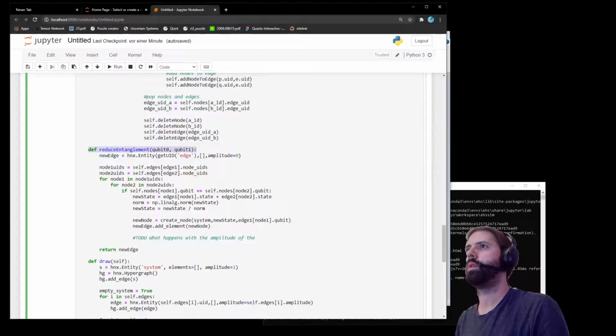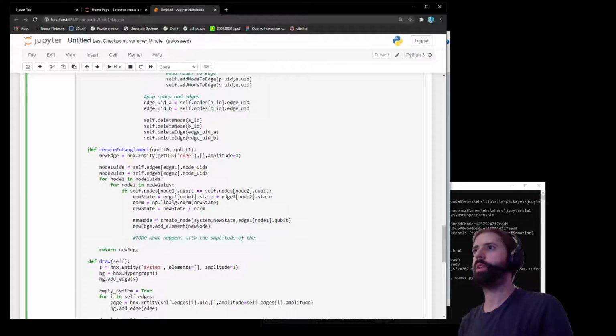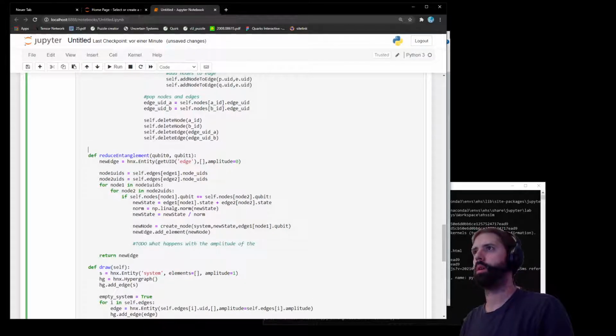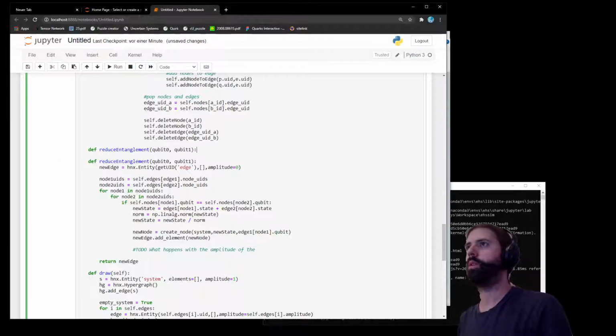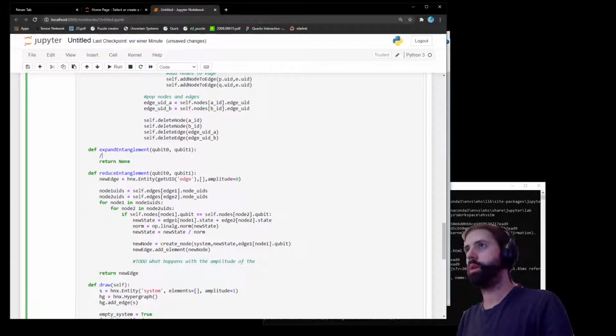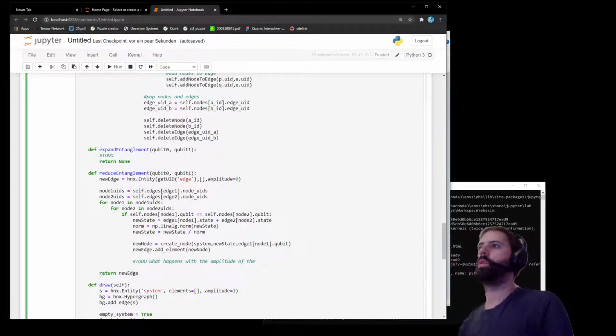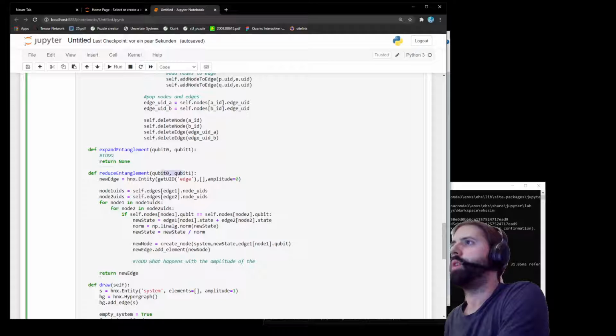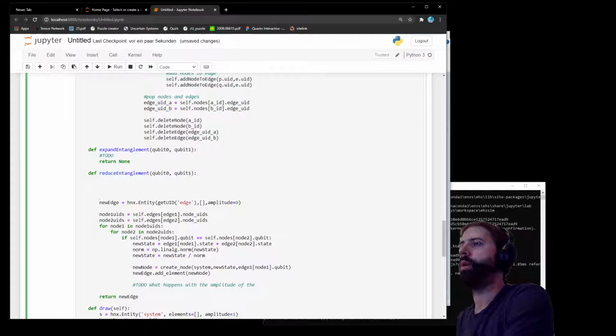So again, reduce entanglement or expand entanglement. Yeah. And that's going to be a nice way to analyze the thing. Let's see, expand entanglement. Yeah. So far, returns nothing, or to do. So what this should do is it gives me the qubits, right? So first of all, I should get